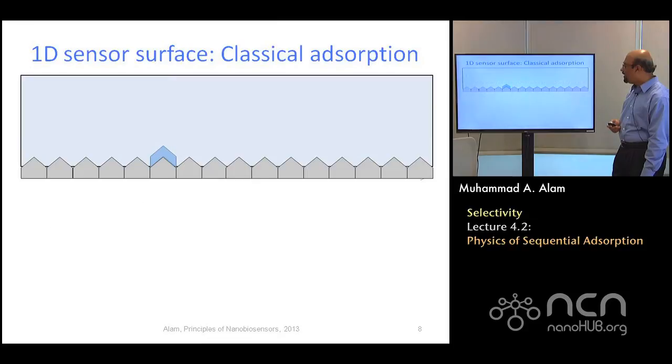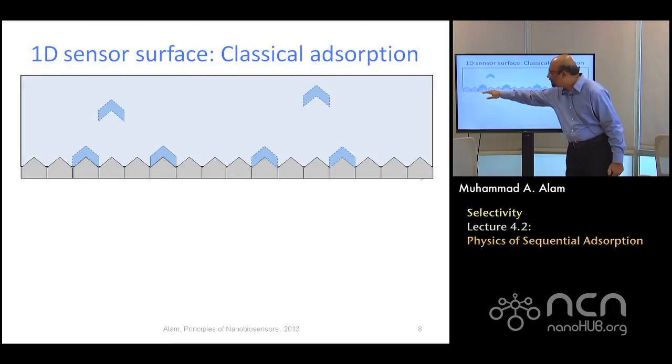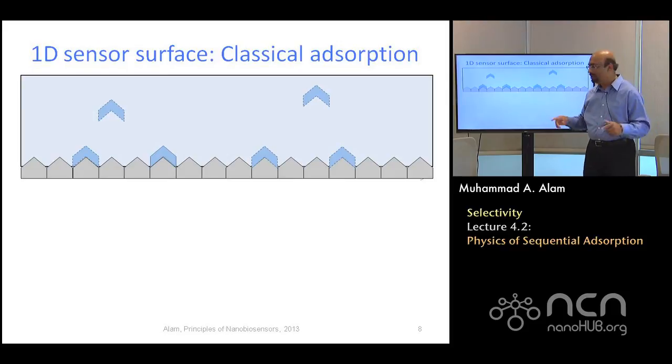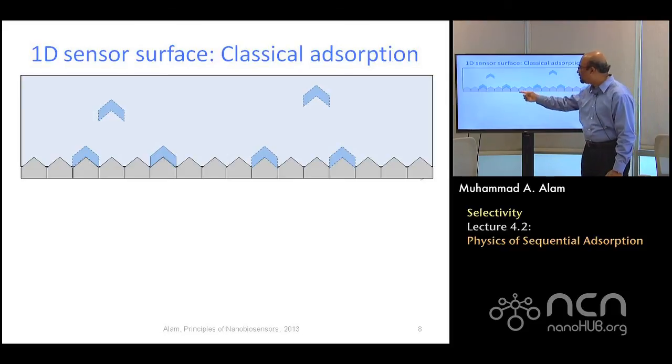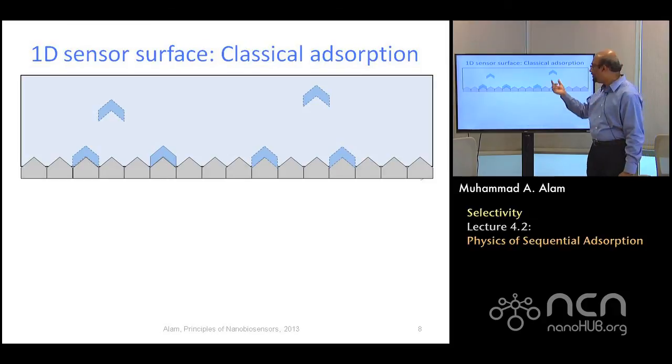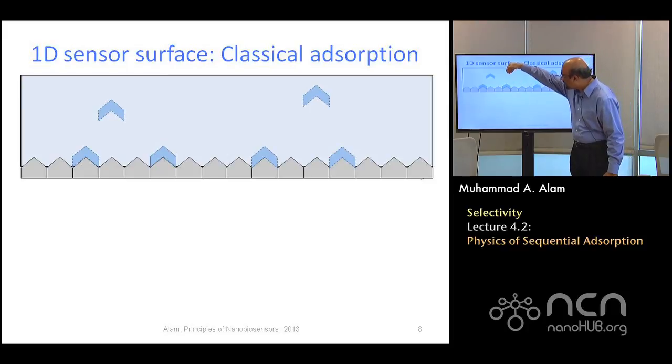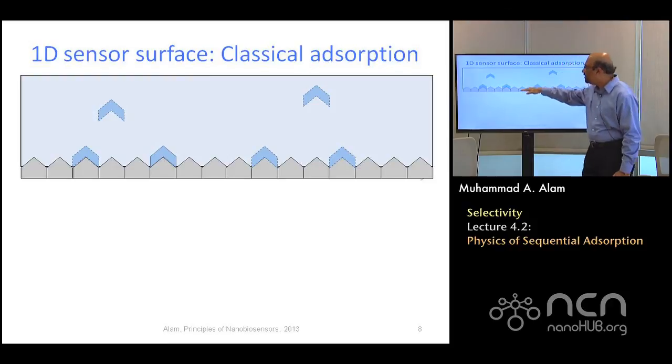So let me explain how the process works. Assume that you have a sensor surface like a car parking lot. Each has a slot, and the cars are exactly of the same size as the parking slots. And so you can see as the molecules are coming down, they will sit on this surface. Even if it's not successful, the same molecule will try again, diffuse out, and try again. But you can see eventually the surface will be fully covered, 100% covered, no problem.